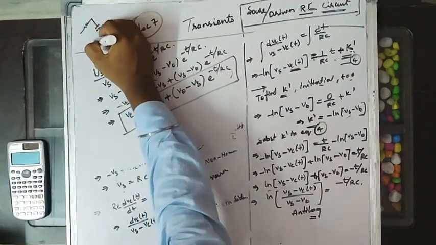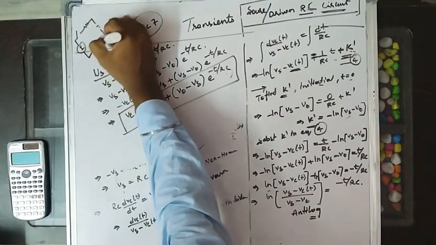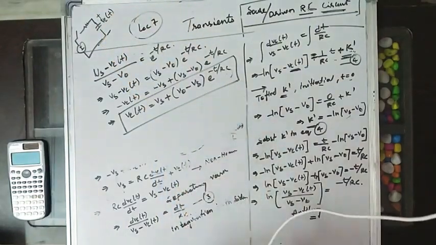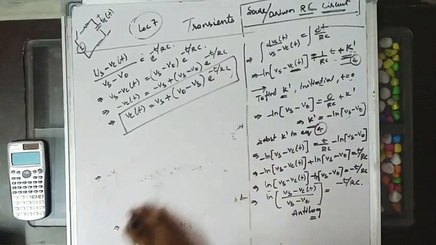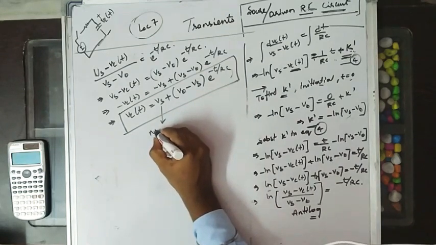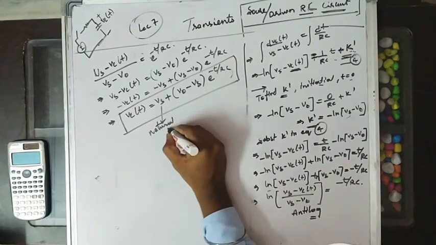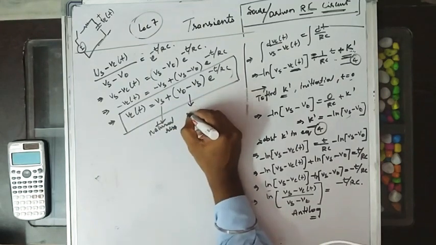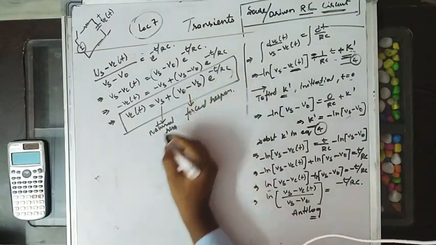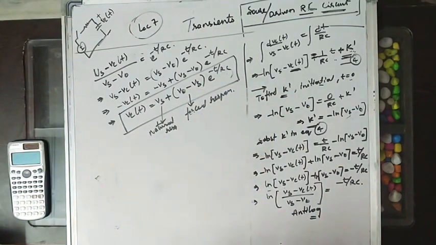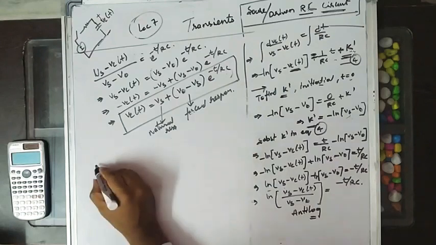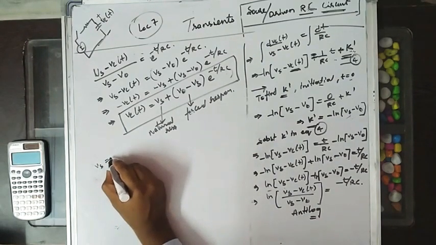So this is the expression for voltage across the capacitor when the switch is operated for a finite interval of time. Now we will observe this equation. After all these mathematical steps, we have found this is called the natural response, and this is called the forced response. Vs here we can write as the steady state value, that is the capacitor voltage steady state value. At steady state we can represent Vs as V infinity.